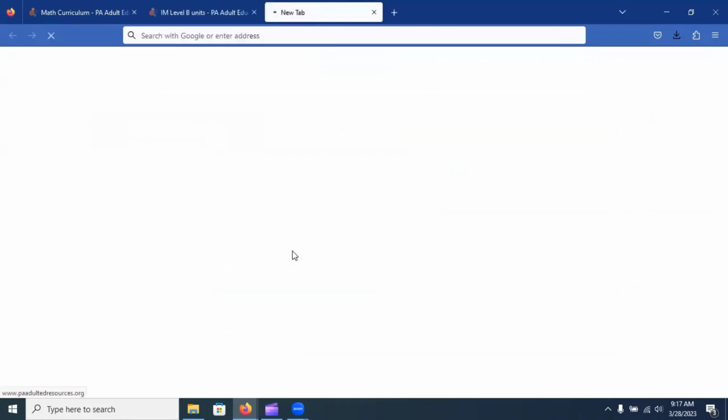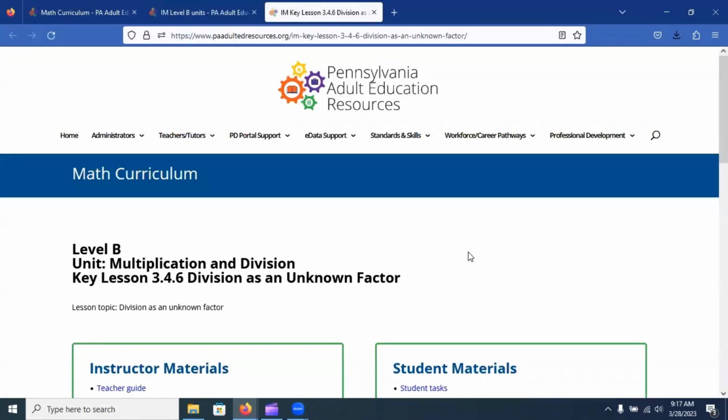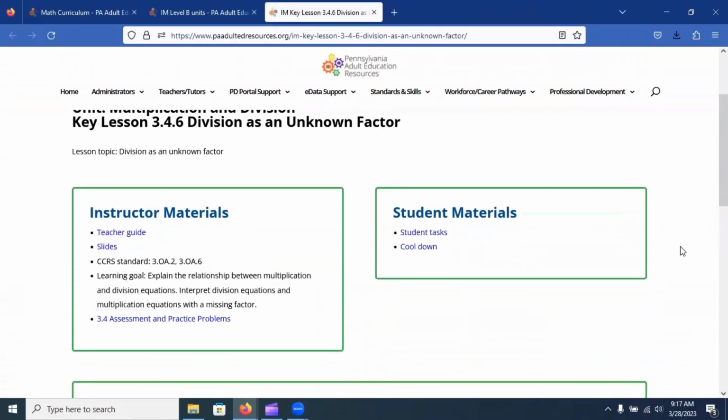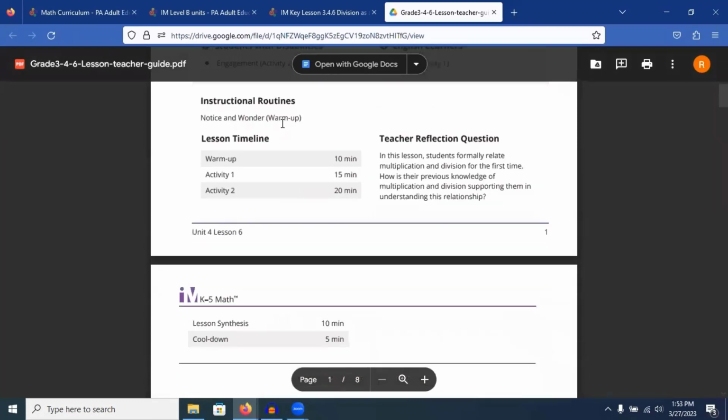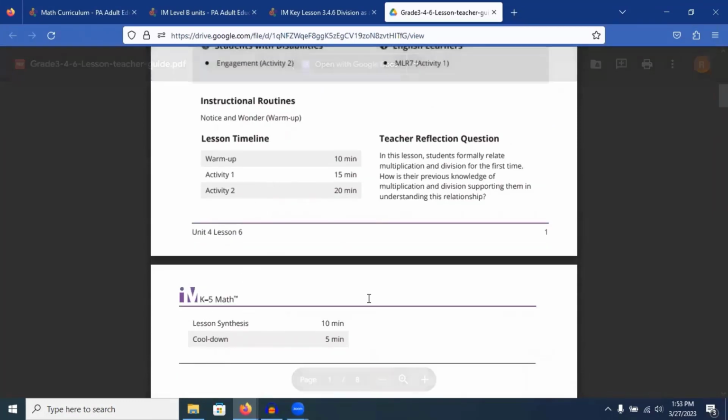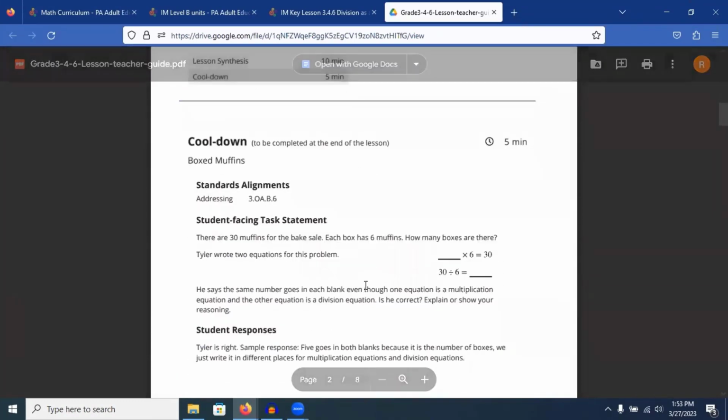When you click on the title of the lesson, you open the lesson page. This includes the instructor materials and the student materials. The instructor materials box lists the CCR standards taught in the lesson and the learning goal for the lesson. It also includes links to the materials instructors will need to teach the lesson, including the teacher guide. This is a detailed plan for the lesson, including the lesson timeline, a cool down to be used as a